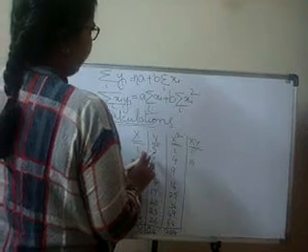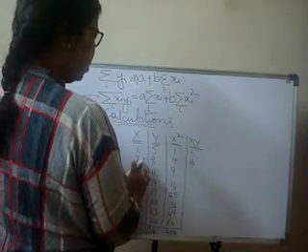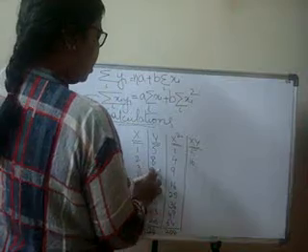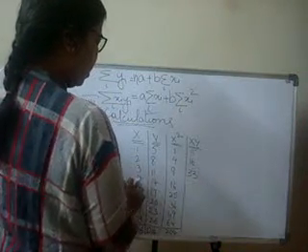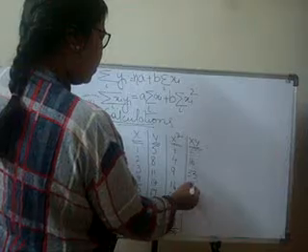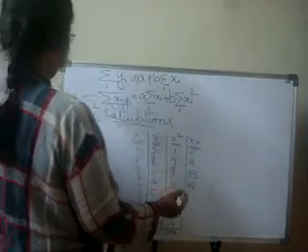X into y: 1 5s are 5, 2 8s are 16, 3 11s are 33, 4 14s are 56, 5 17s are